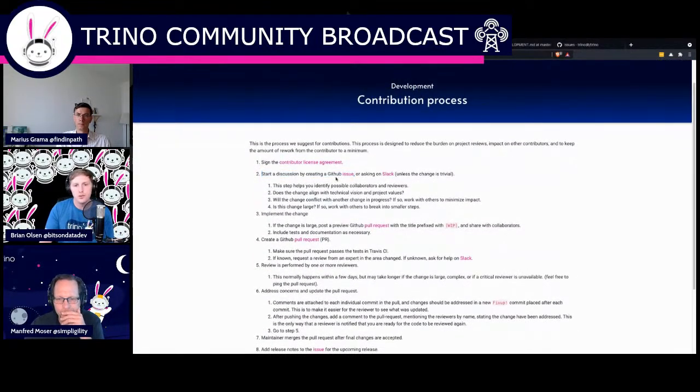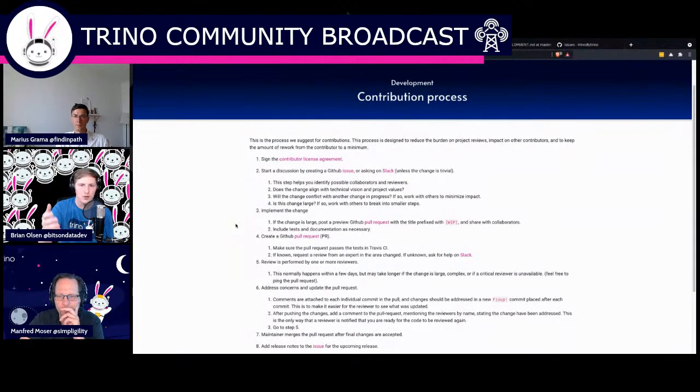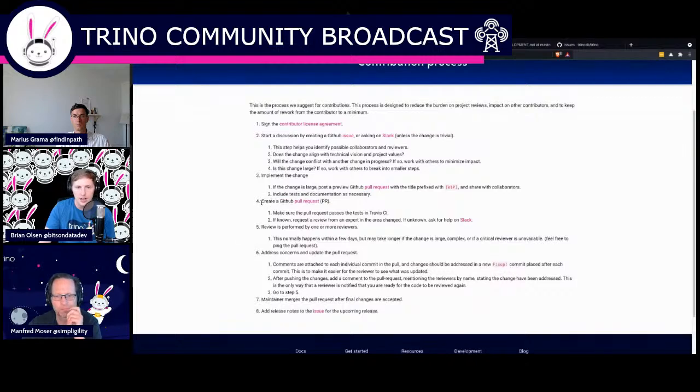Gotcha. So you would just go in and create the issue. Either somebody else can create it if they see somebody saying it on Slack, or it can be the original person that had the problem. And then from that issue, you could implement the change. That's what we were talking about with building your project, going in and actually updating the code, and then usually adding a test to make sure it works. Once you've implemented the change, including tests and documentation as necessary,